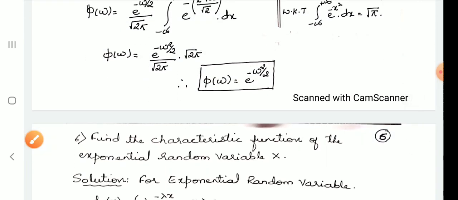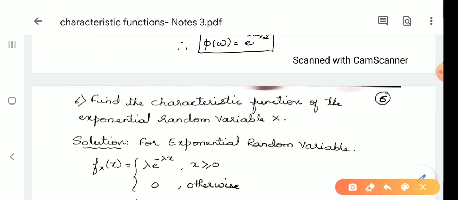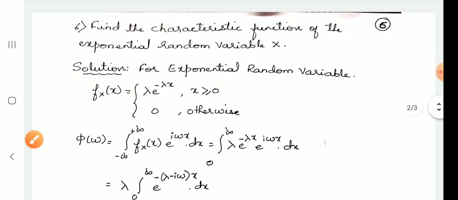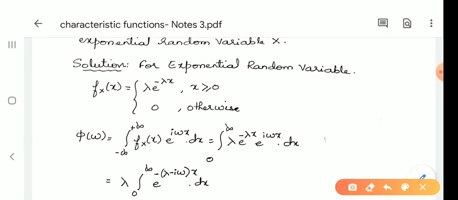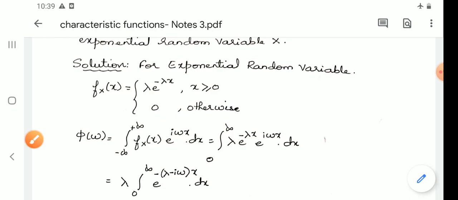Now, let us move on to the next problem. In the next problem, we have to find the characteristic function of an exponential random variable. For the exponential random variable, f of x is given by lambda into e power minus lambda x for x greater than or equal to 0, 0 otherwise. So, if I put this value of f of x in the formula of phi of omega, we get